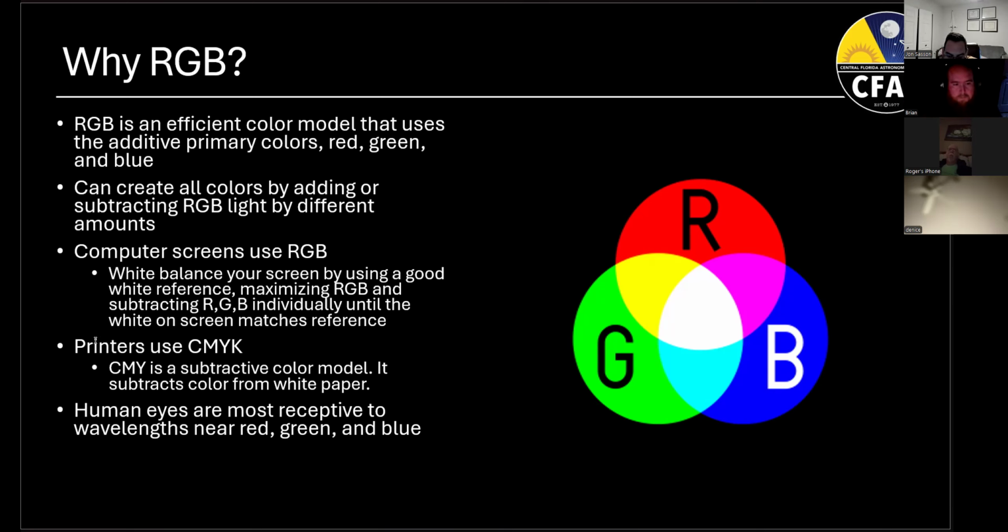If you notice, when you buy ink for your printer at home, you're buying cyan, magenta, yellow, and black, right? That's called a subtractive color model because what it's doing is subtracting color from the white paper. So basically, think of this wheel here kind of inverted, and that's what it is. So RGB is an additive color model, right? We're adding color to a black reference, and this CMY is subtractive, so it's taking away light or color from